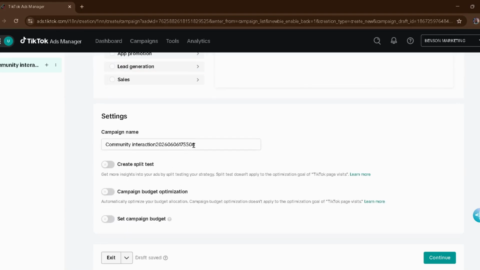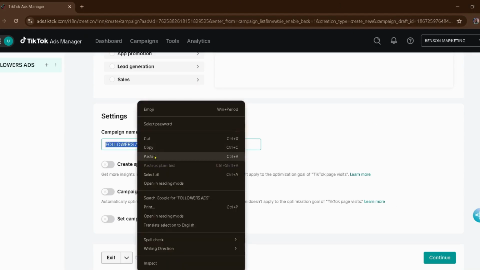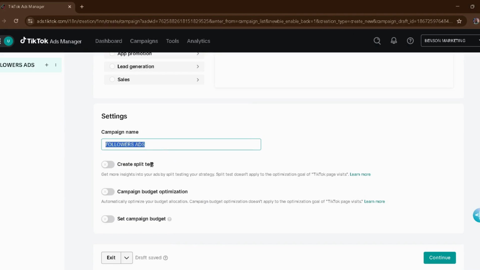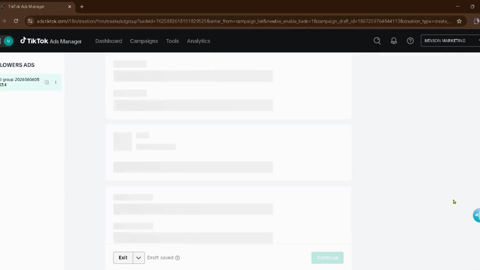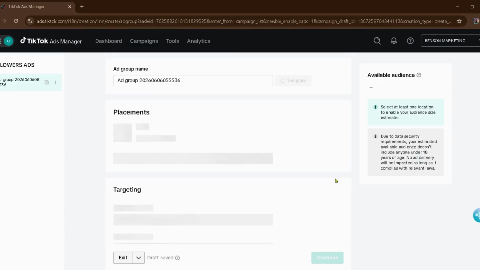Then you scroll down, you come here, name our campaign. Since we want to drive more followers to our TikTok account, I'm going to name it followers ads. Then we'll copy it. We're going to use it on our ad group. Then these ones, all this, you just leave it. Click on continue. Then we'll go to our next